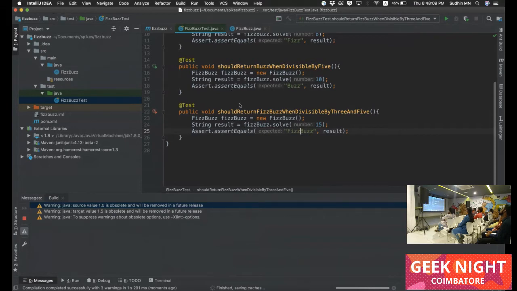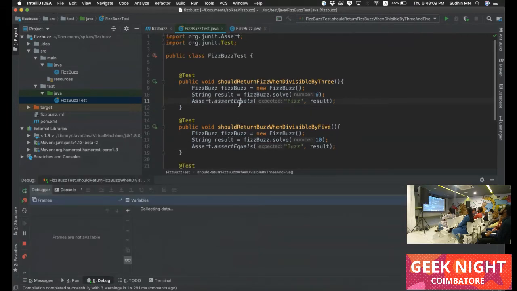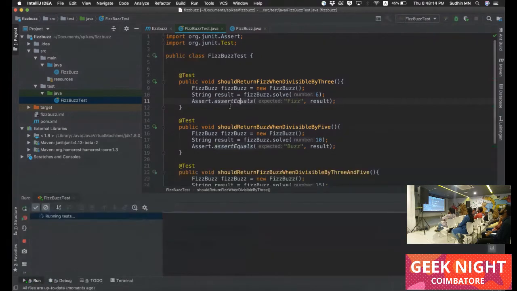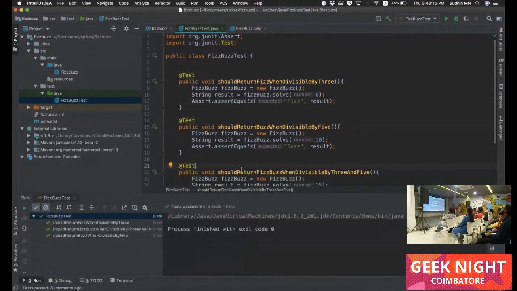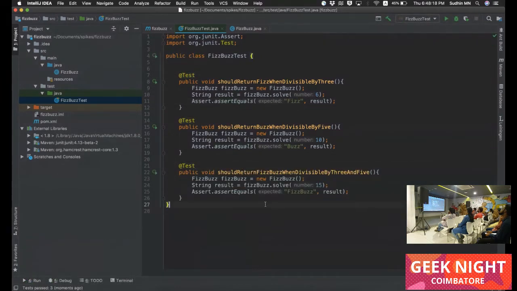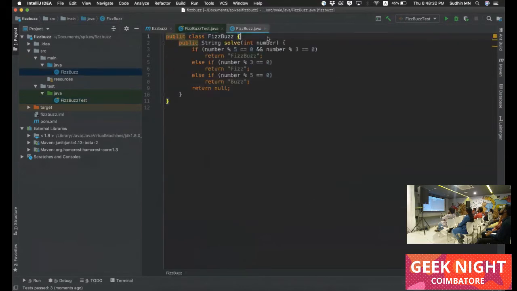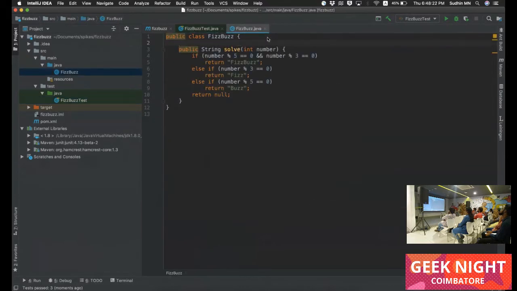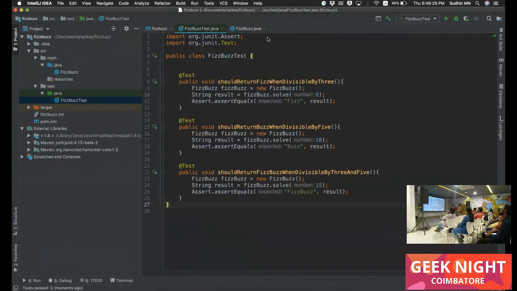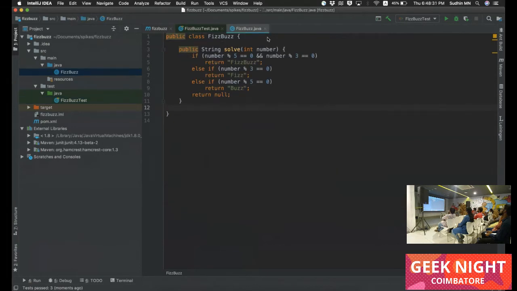Some problem, if you use keyboard shortcuts it's taking time. Now we have a simple FizzBuzz implementation, right? Actually we wrote this logic just by driving through the tests.